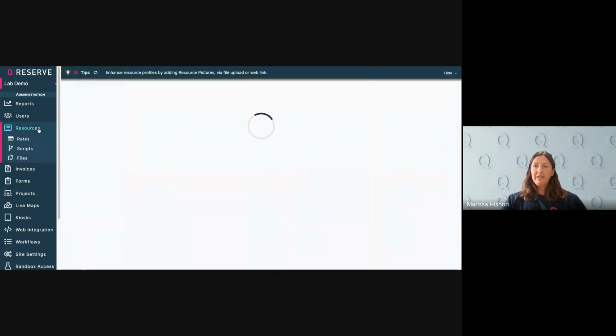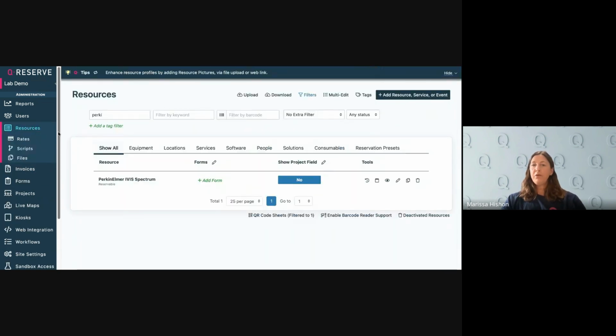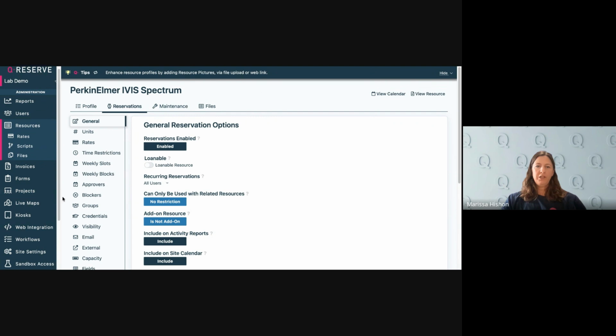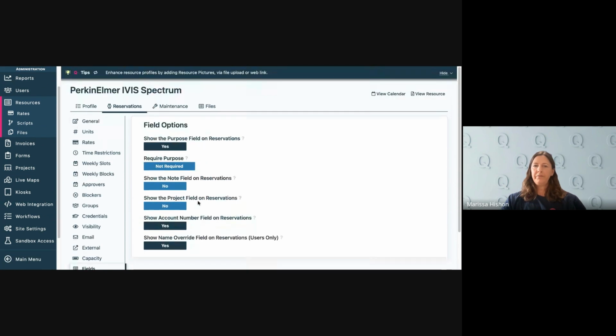Now I'm going to go back in because there are a few other things that you might have noticed that are in that fields submenu that are not necessarily new, but they're there. So I'm going to show you about them while we're in there. So let's go back into reservations and fields. Okay, so we have a few other things here. I'm going to put that project field back on to where it was, but you'll also see in this section,